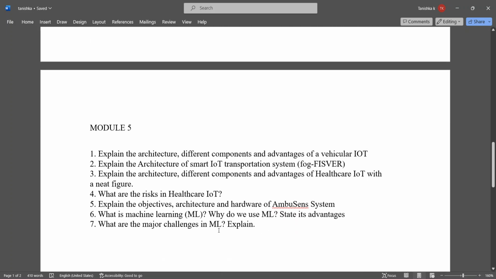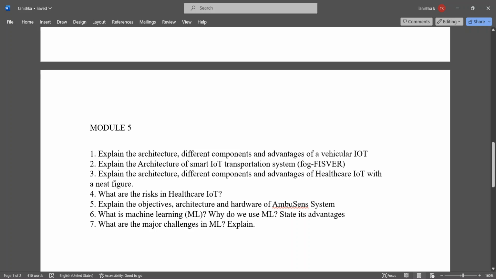Then in module 5, the important questions are: explain the architecture, different components and advantages of vehicular IoT, explain the architecture of smart IoT transportation system, that is FOG, FISVER. Then explain the architecture, different components and advantages of healthcare IoT with a neat figure. What are the risks in healthcare IoT? Then explain the objectives, architecture and hardware